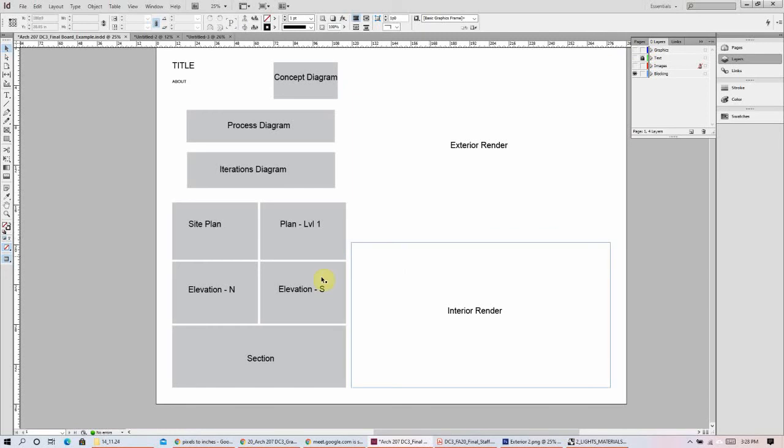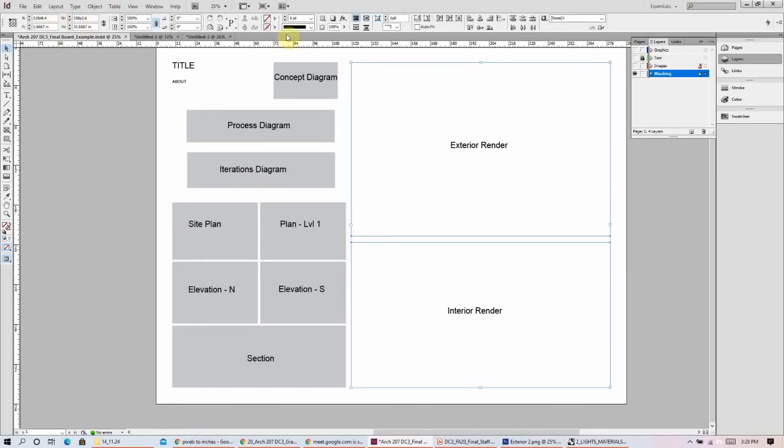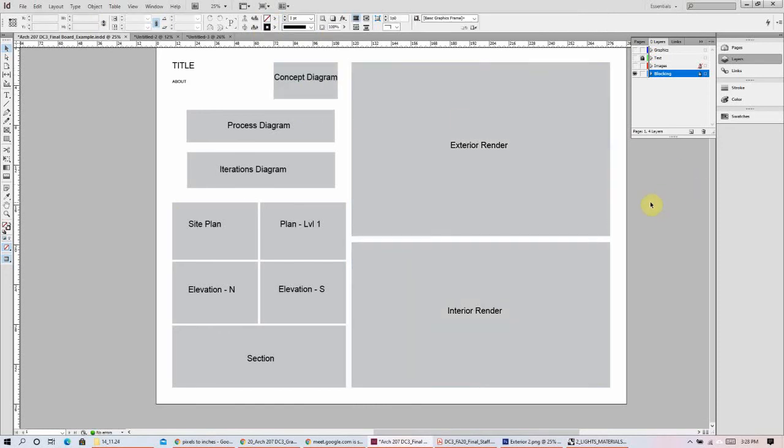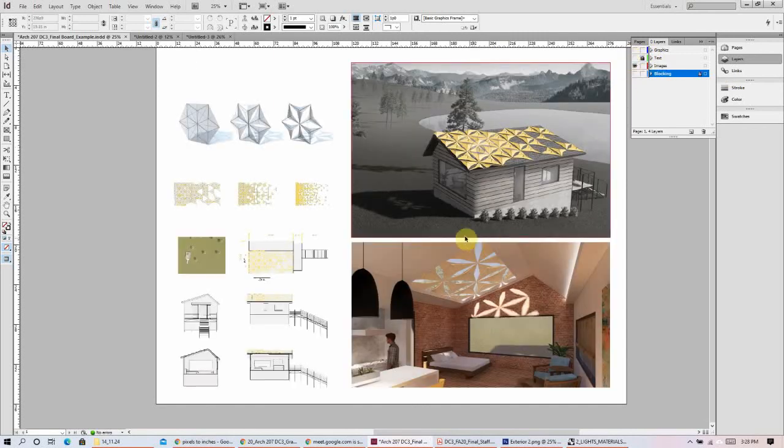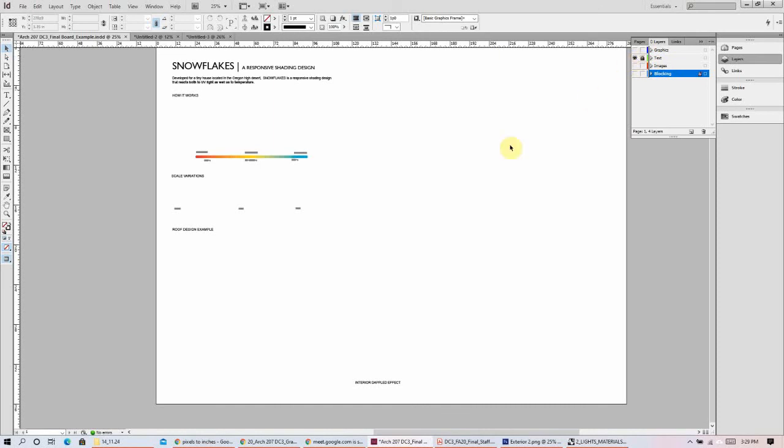So I have my blocking layer where this is the layer where I can quickly select things, adjust them, right? I'm working with, you know, it's almost like these other layers don't exist. And then I can start to move these around, and there's some freedom because I'm not trying to work over any other information. Then if I don't want to see that, I can just turn on my images layer, make sure that all my images are checked off, right? And then I can also turn on my text layer separately, make sure that I have labels on everything,